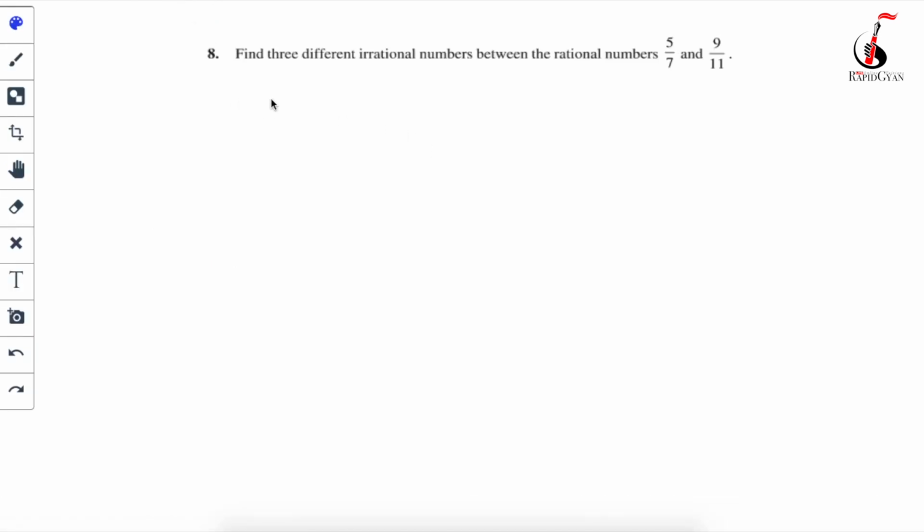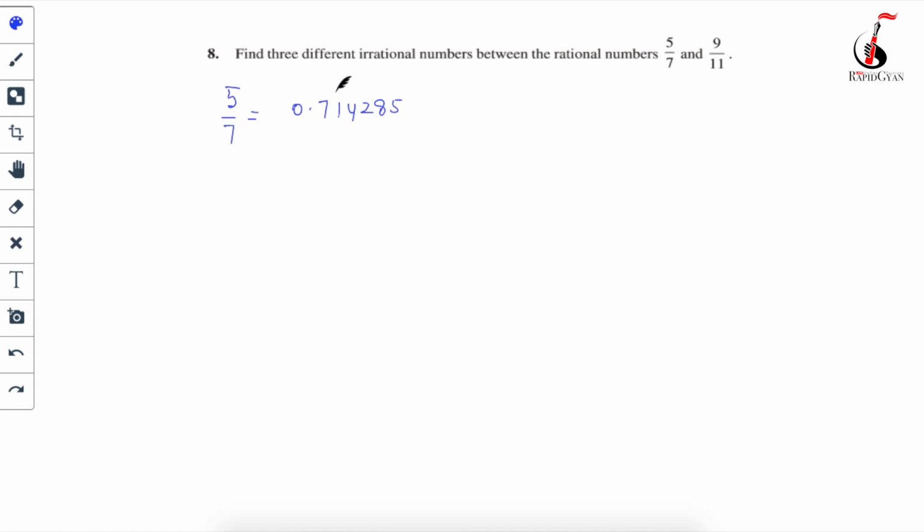Then we will solve it here also: find three different irrational numbers between the rational numbers 5 by 7 and 9 by 11. So what will you have to do first? First you will have to convert this into decimal expression. So 5 by 7, if you convert this into the decimal expression, you will get